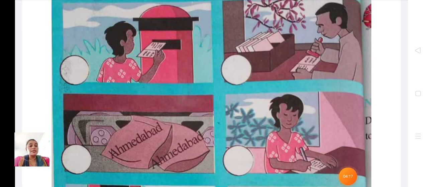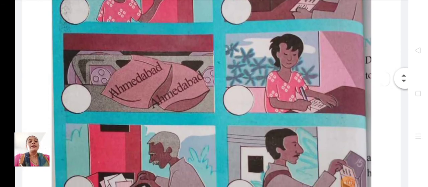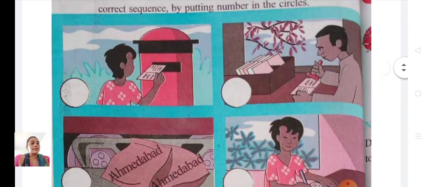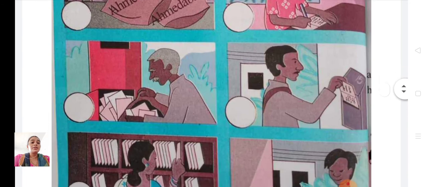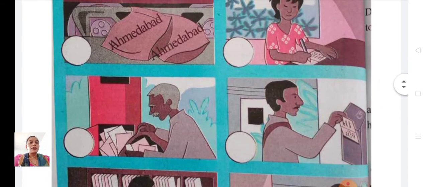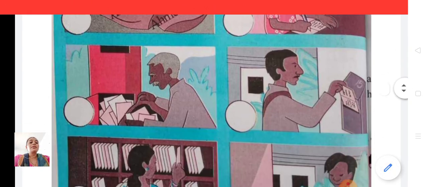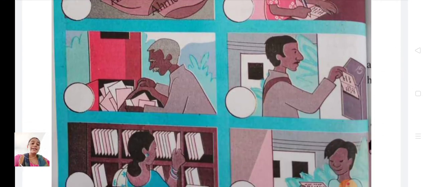So what is the process? First writing a letter, then putting it in a letter box, then postman comes and takes that letters, then stamping. After that, sorted by destination wise, packed in a big bag, then again sorted by area wise, then postman delivered post door to door. Okay, so this is the process.